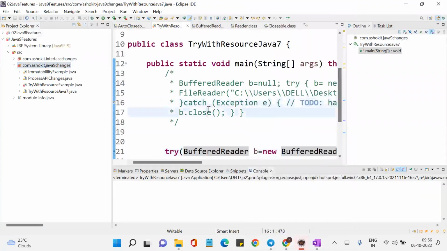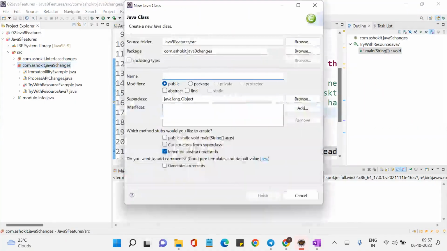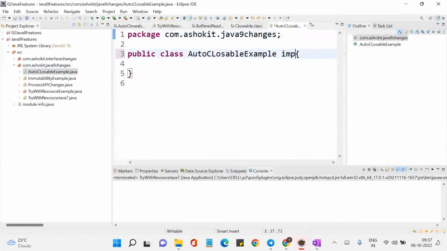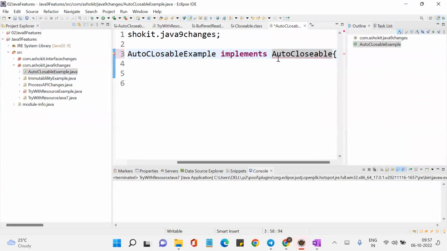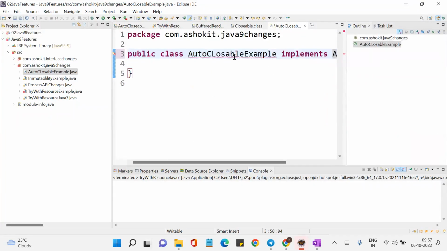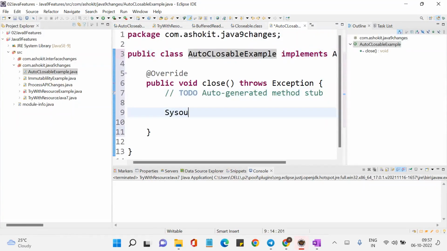Let me create a class here. Let me create AutoCloseableExample. I'm just creating some class. In this class, I'm implementing AutoCloseable, which is an interface. Can I implement it? Any interface in Java you can implement, correct? Yes. So whenever I am implementing, let me add the unimplemented method. In the close method, let me write here: sysout close method of